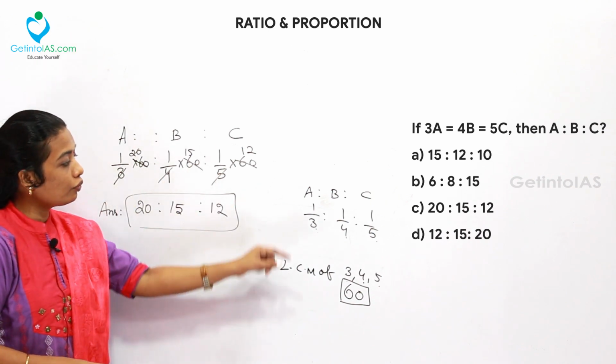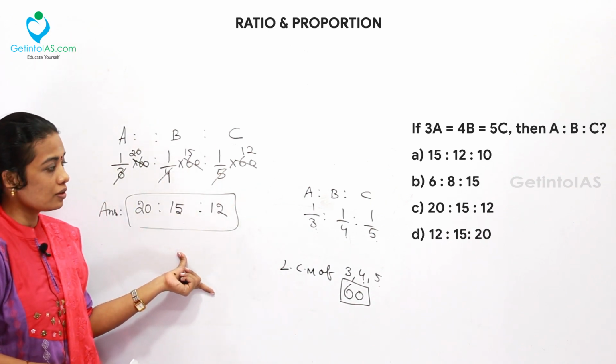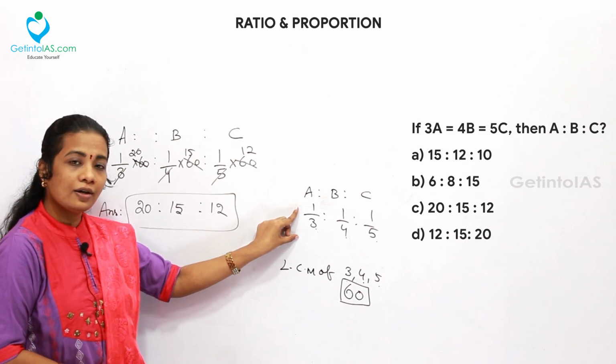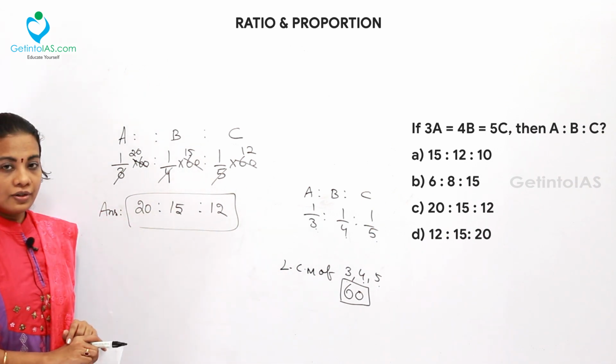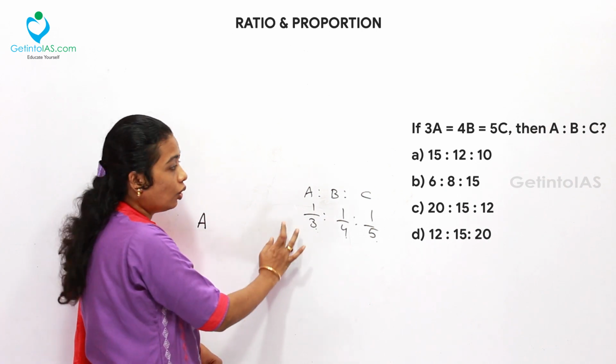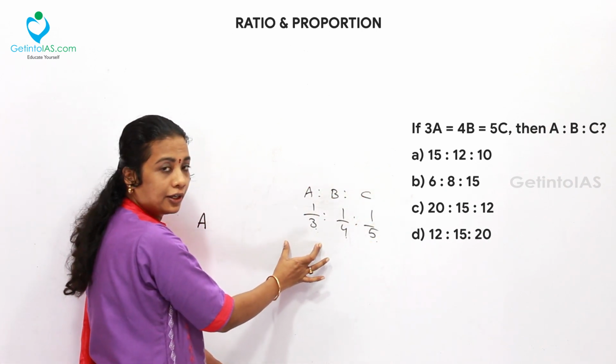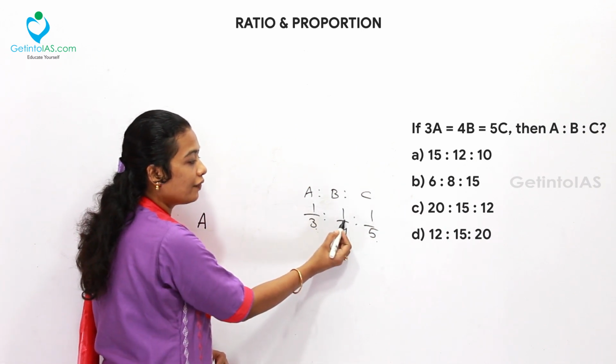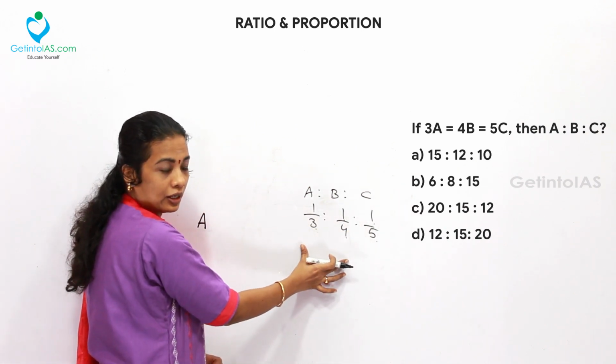And also, if you want to get rid of these calculations, by only looking at this, can you say the answer? Yes, that is the trick. Now let's solve using the trick. Instead of the calculation, we can use a trick to solve these kinds of sums when the numerators are all 1, 1, 1. Simply you can solve it.